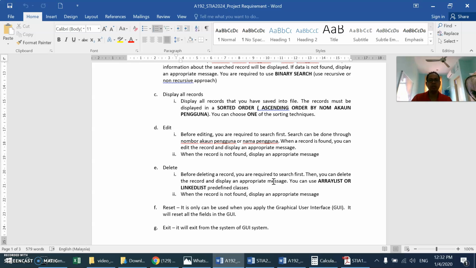So for this one, you can use an ArrayList or LinkedList in order to do the shifting. You have already learned that you can shift to the left if you want to delete, or you can use a linked list. This ArrayList and LinkedList